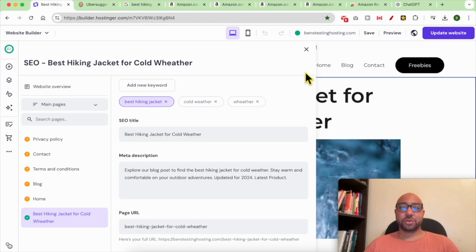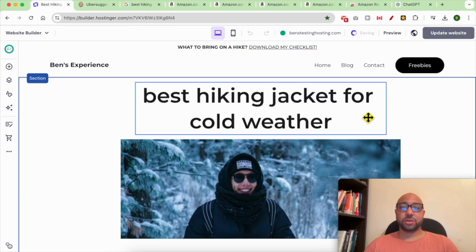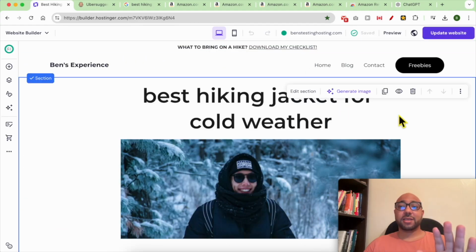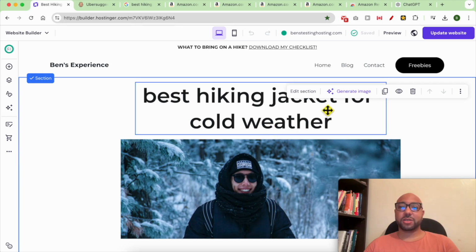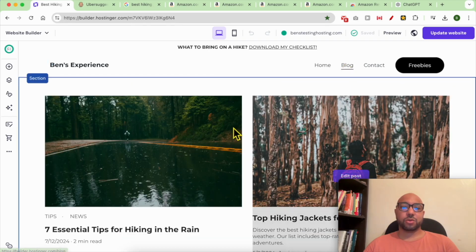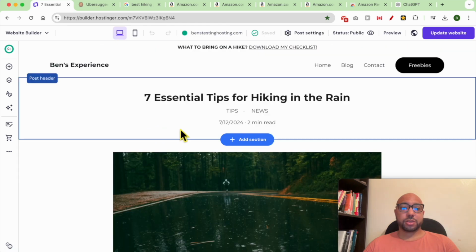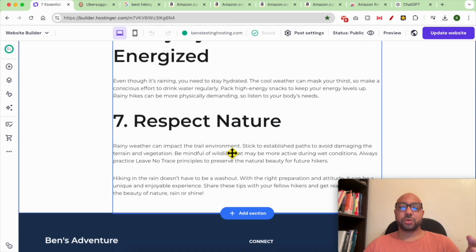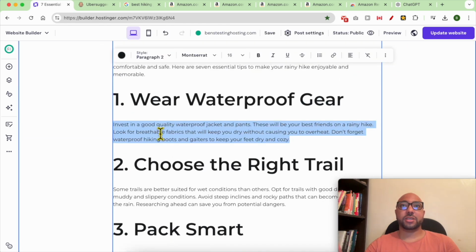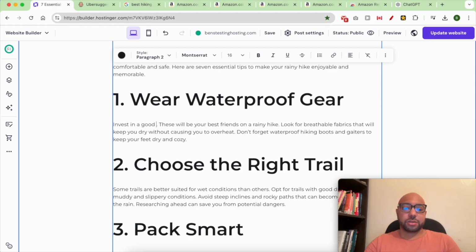Now what I need to do is close this window. The last thing to optimize this page for SEO is to give it an internal backlink. For that, I will go to blogging, go to this post. What I'm looking for is a place to include my link. Best hiking jackets makes sense. Invest in a good quality waterproof jacket and pants. What I will do is invest in a good